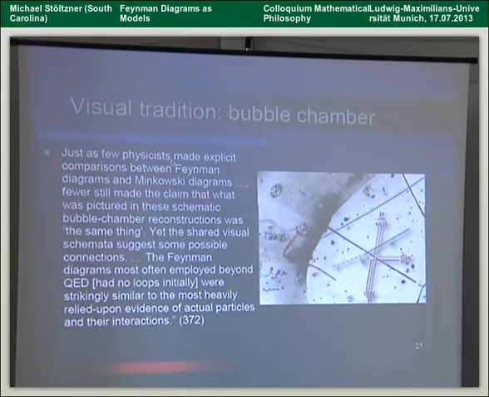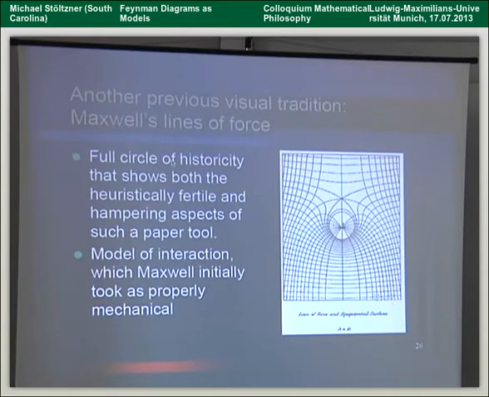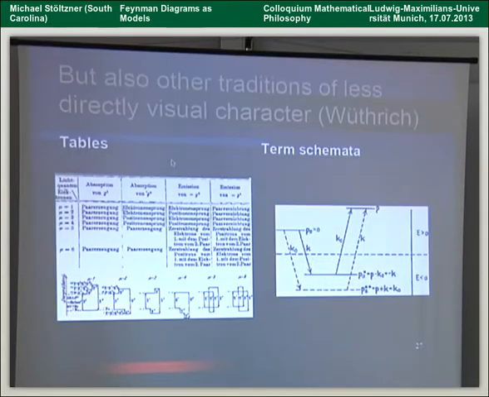Now you could say, well, where's the line of influence? Maybe they have the Feynman diagrams in mind, and that's how they sort of reconceptualize what they see in the bubble chambers. And that's, of course, sort of dangerous, but it keeps you understanding. Yeah, reduction to the familiar is understanding. Some philosophers even think reduction to the familiar is even explanation, but it helps you in understanding. Of course, it's a double-edged sword, as we have seen in Maxwell's field lines, which made Maxwell search for a while for all these mechanical ether models.